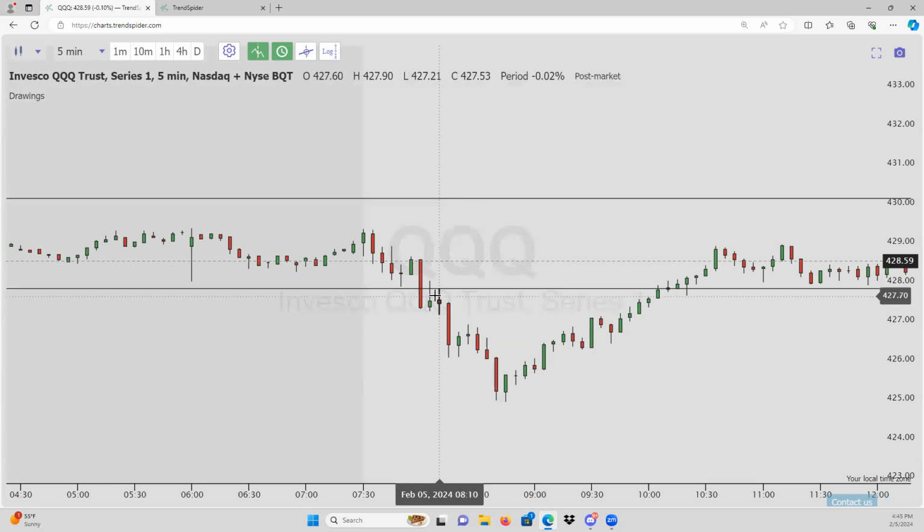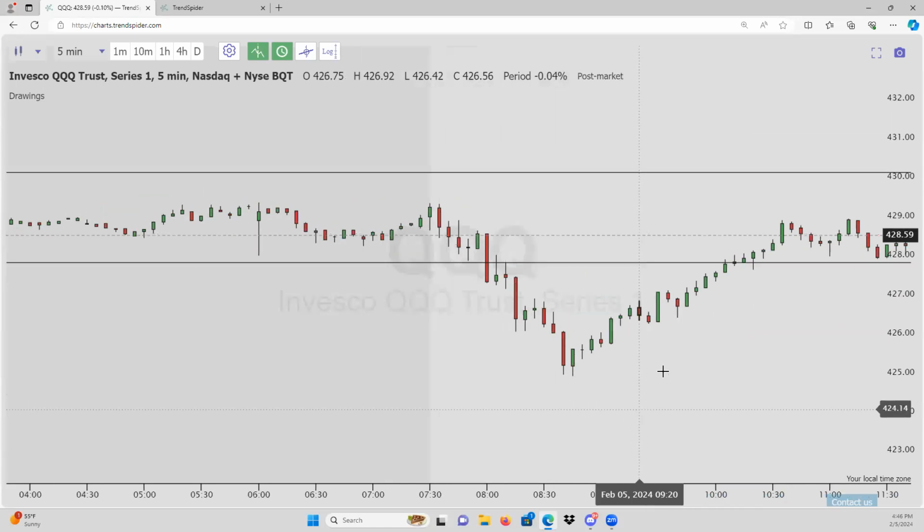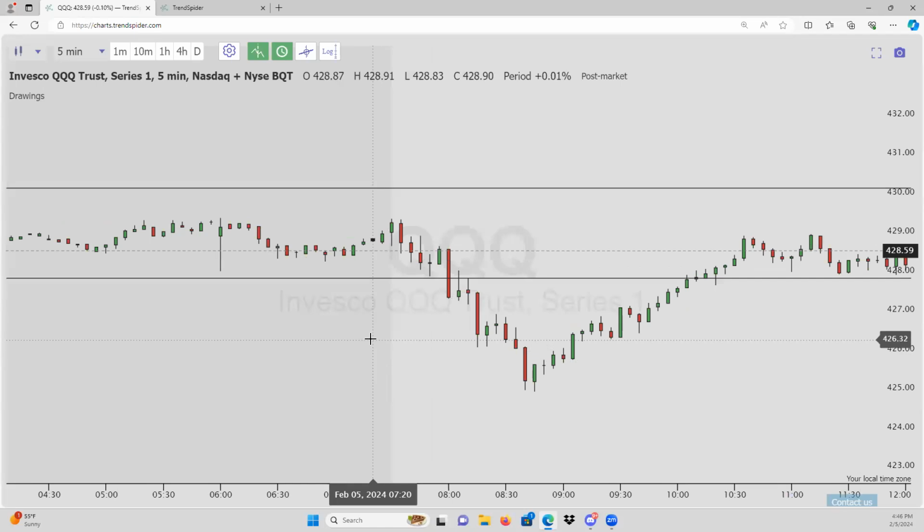So if you hear anybody talk about structure, that is what they're talking about, either bearish or bullish, right? Lower low, lower high, lower low, lower high. And likewise, here is a bullish structure, right? Higher high, higher low, higher high, higher low, right? Bear or bullish structure appearing when we make that recovery, right? So two different structures that you need to know. Bearish being lower lows, lower highs. A bullish structure being higher highs, higher lows, and so on and so on. So know these two structures like the back of your hand. When you're reading the chart, look for that type of structure and understand what type of trend you're in.